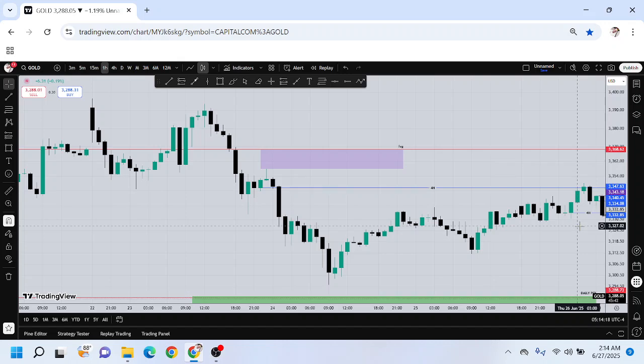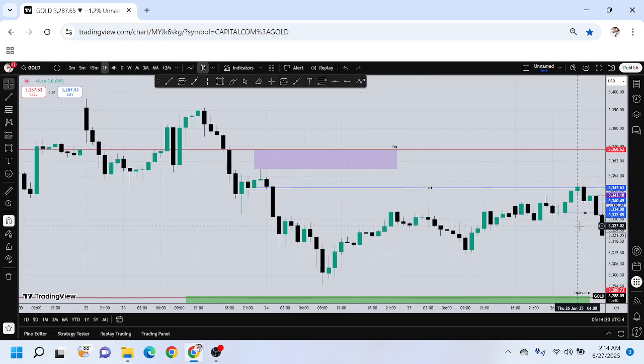We need to still wait. Now let's go to the next candle. Look at what the next candle did. Now this is highly important because I actually learned this the hard way. I lost a lot of money before I actually figured out what happened here. Look at what happened. Immediately we closed here, the market opened at the same level, went up